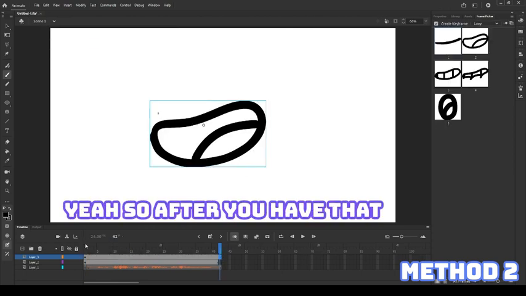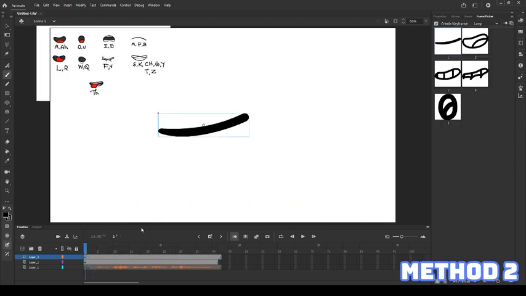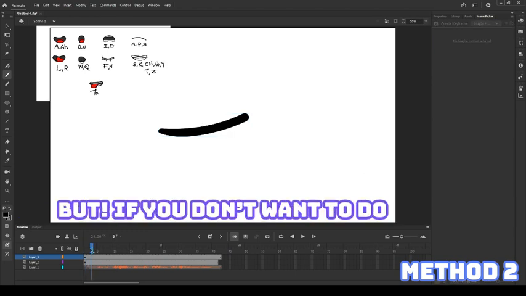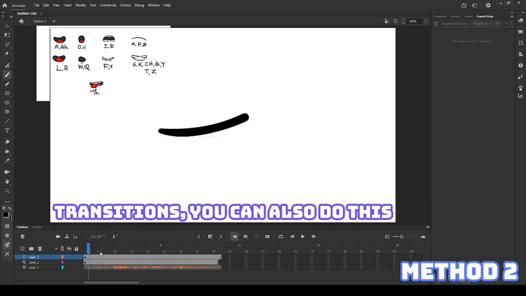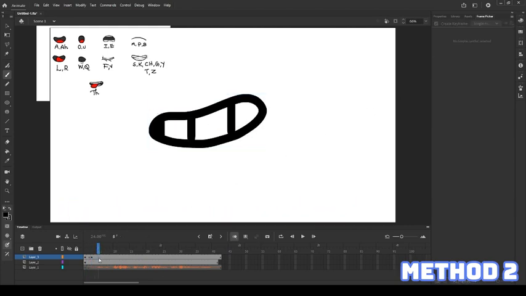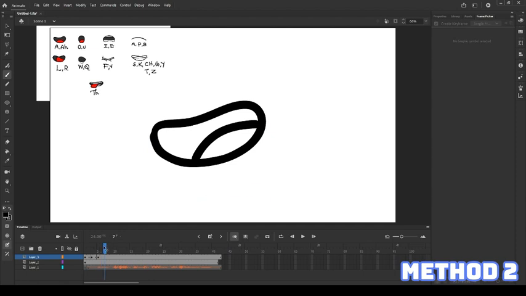Yeah, so after you have that, you need to make sure it's not on loop, it's on single frame if you're using Adobe Animate. But if you don't want to do transitions, you can also do this, where this is S, so you go S. This is like